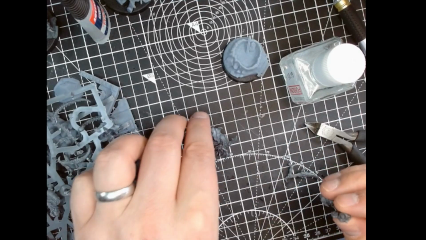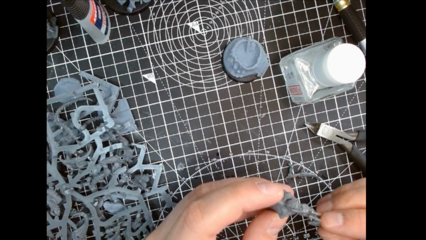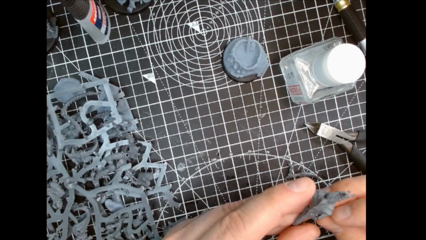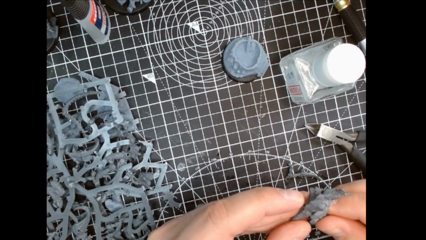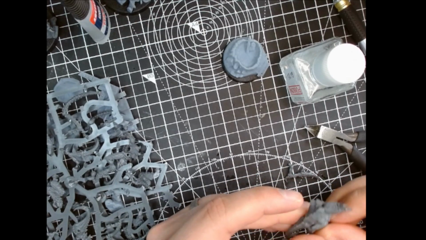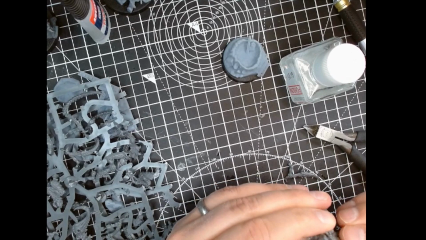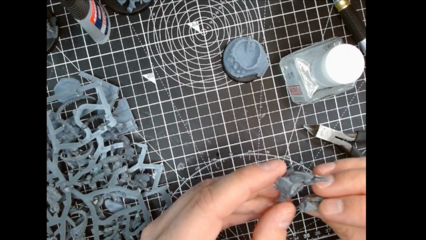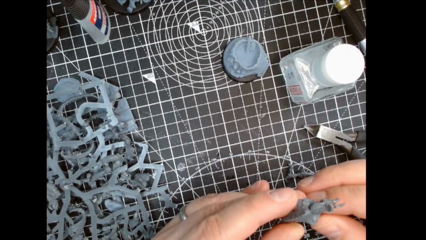But if you've got a big sea of bugs coming towards you, how do you know which ones are in which unit if they happen to be next to each other? Could do a little bit of markings on them, maybe a different colour head crest or some stripes or something on their back. That's a possibility. But I figured here what I would try and do is use something on the bases to make it obvious